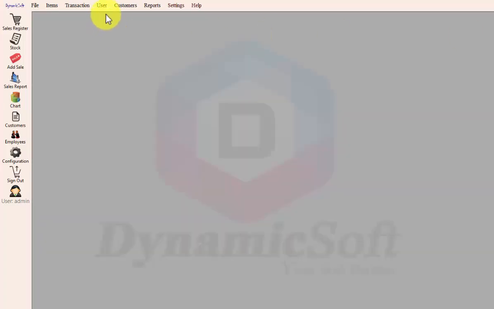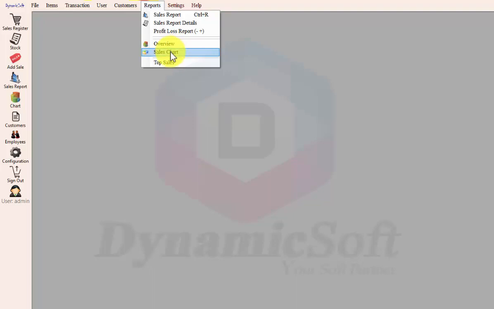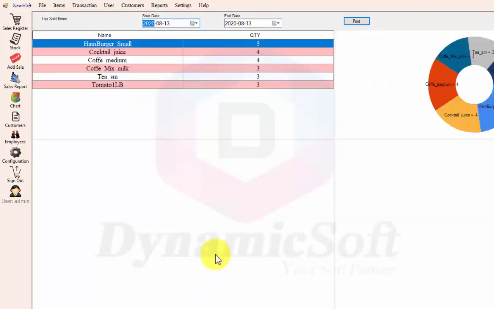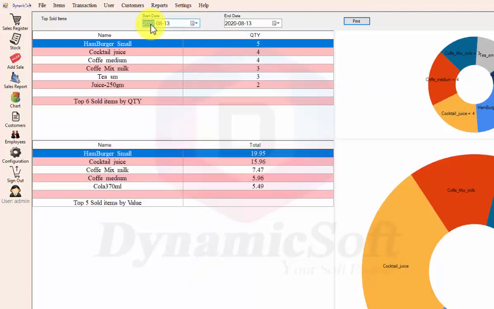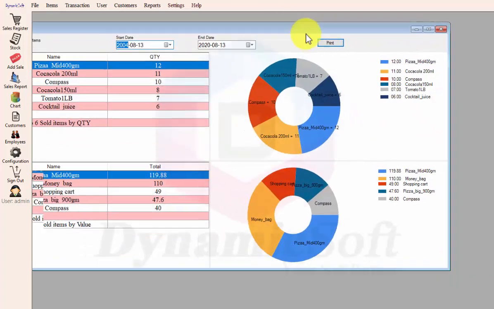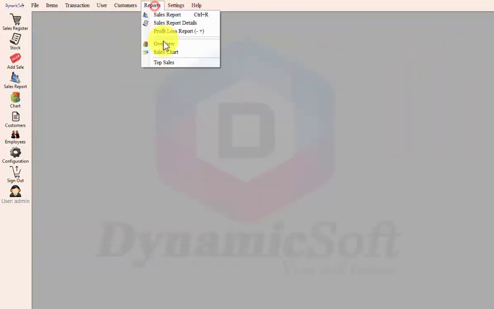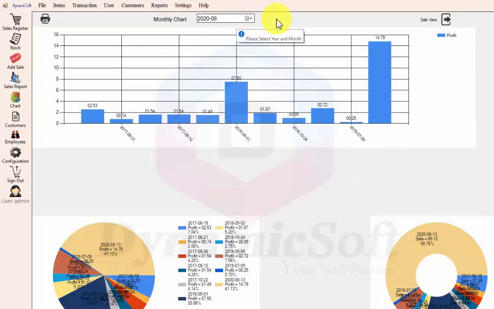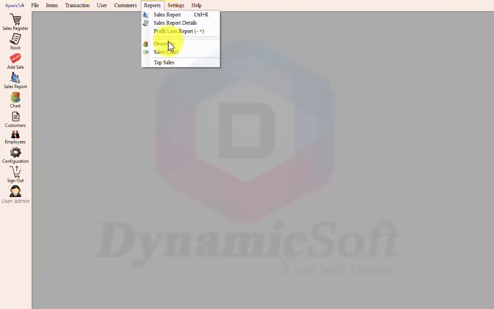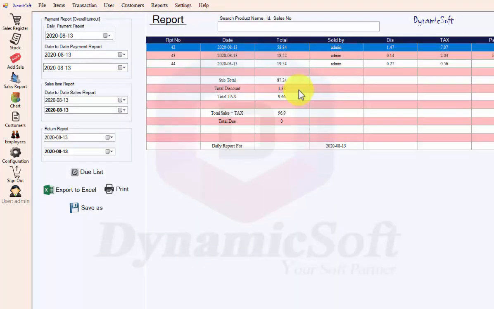And you can find all the reports from the report menu. This is the business intelligence tools, top sales items, and here is the top sales item. This one is an overview based on monthly overview, and here is report details. You can filter due report,